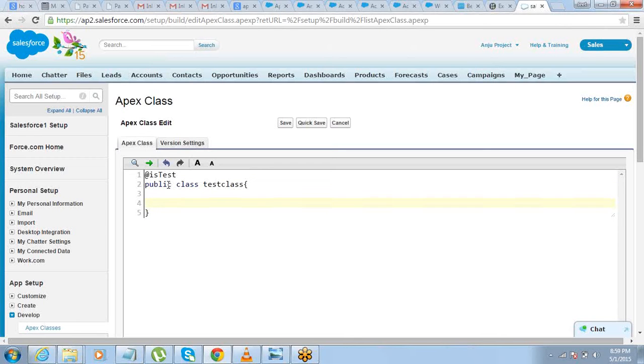Okay, so any method which needs to perform a test, Salesforce needs to understand which method is a test method, which method is an actual method. So now I'm going to write a test method. So your test method should always be a static method, and it should always be a void method, so it should not return anything. Okay, so that's it. So these three keywords you have to define for test method. Give it any name, myTestMethod, yeah, or call it testMethod1. So just give it any name, right?